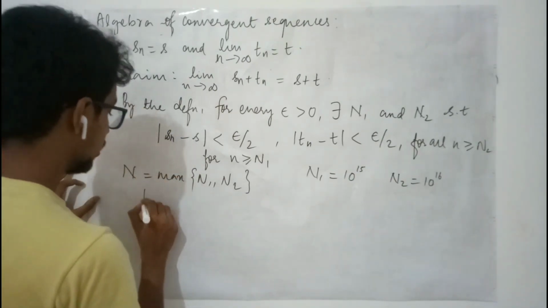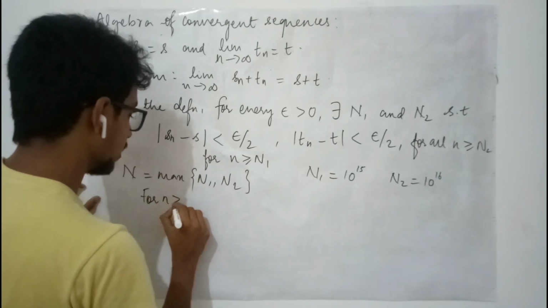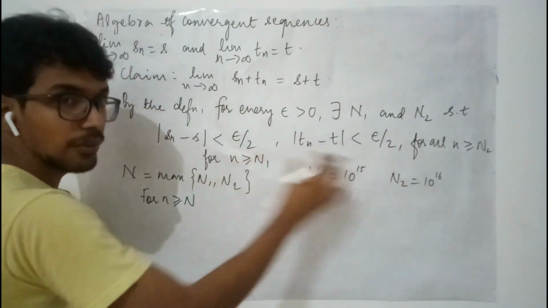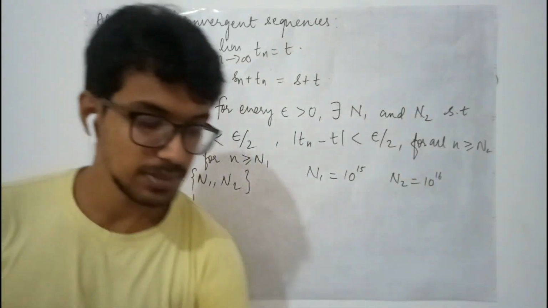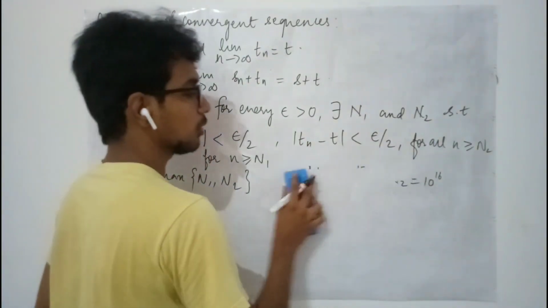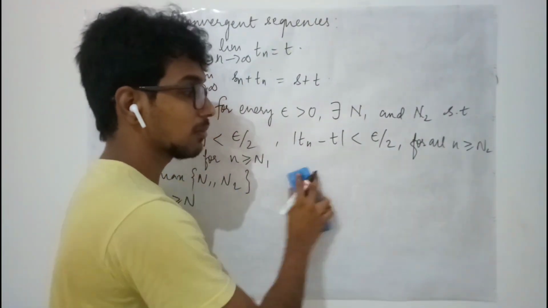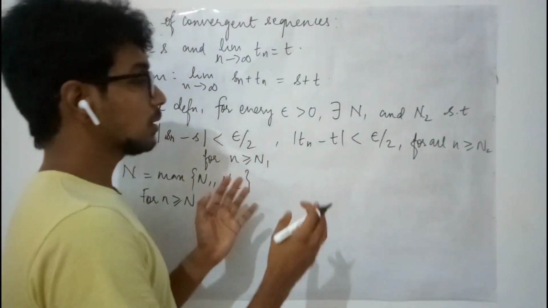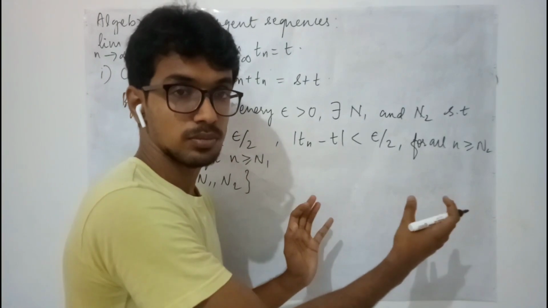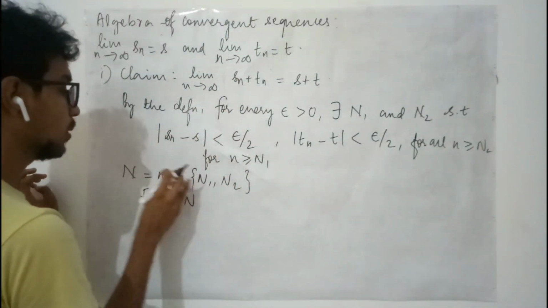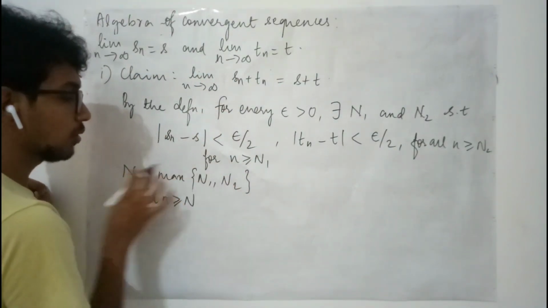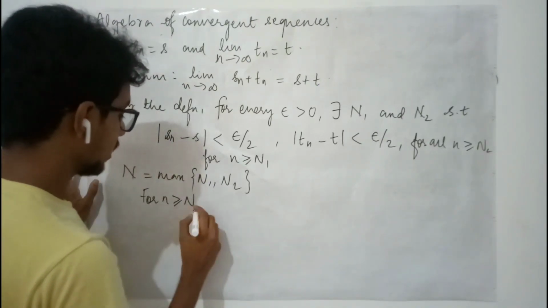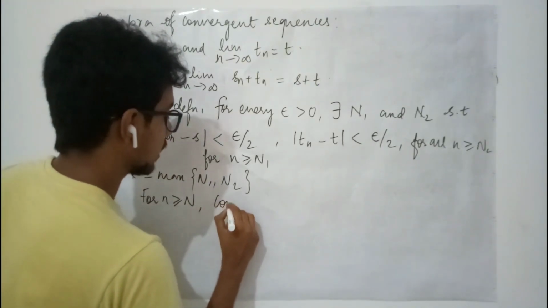Now, let us consider n bigger than or equal to n. That is, among these quantities, after the maximum stage, I am going to talk about these things. These are some examples that I have given. We don't know which is the bigger value among these two. That is why we are simply mentioning it to be the maximum of n1, n2. That is what we are taking as n. For n bigger than or equal to n, consider